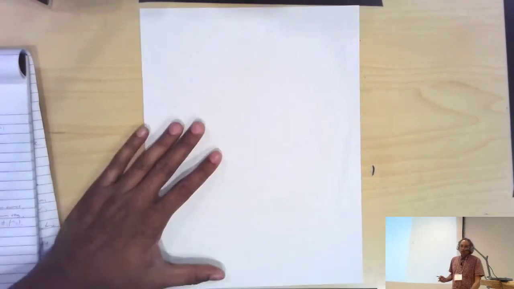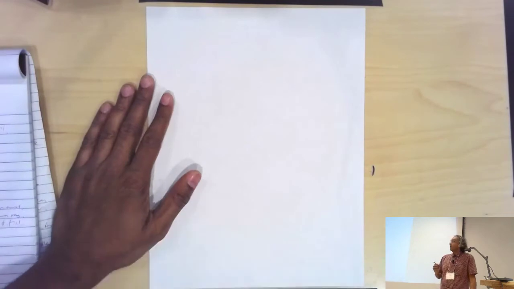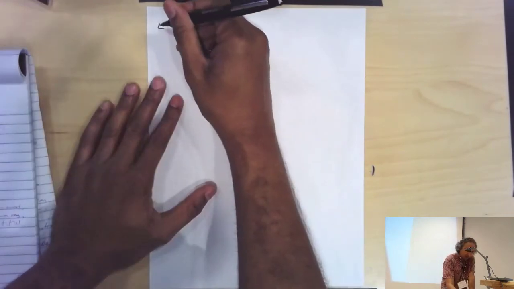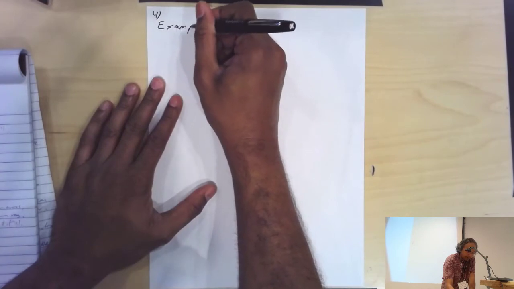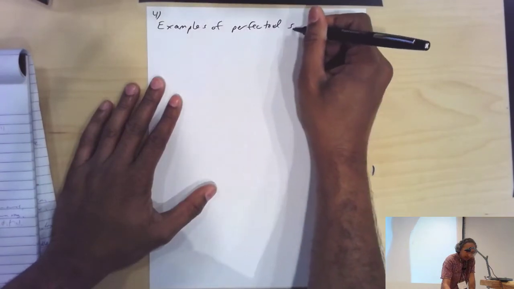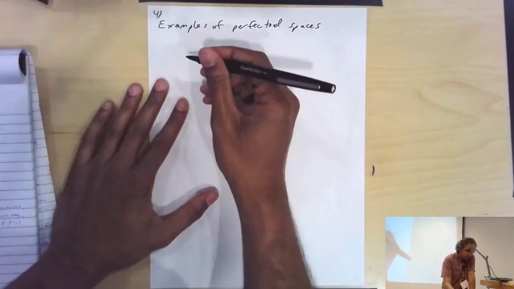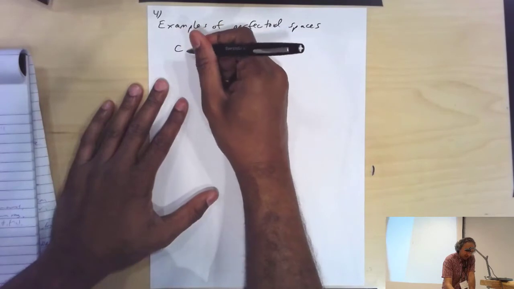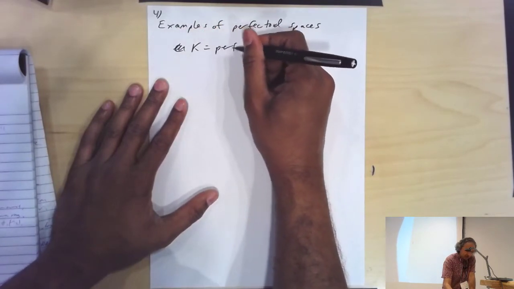Okay, so those are some examples of perfectoid rings. Let me mention some naturally occurring examples of perfectoid spaces. So Peter mentioned one already. If, say, C is, well, let me call it K, actually. So say K is a perfectoid field,